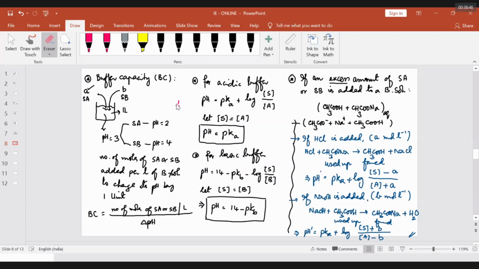Reading books. NCERT we have to read, okay? For inorganic chemistry, you have to read NCERT. For physical chemistry, NCERT is not advisable. You have to go for textbooks. I said 3 textbooks, 3 names I have given you in the beginning of online classes. Any one book you have to keep with you and you have to read.